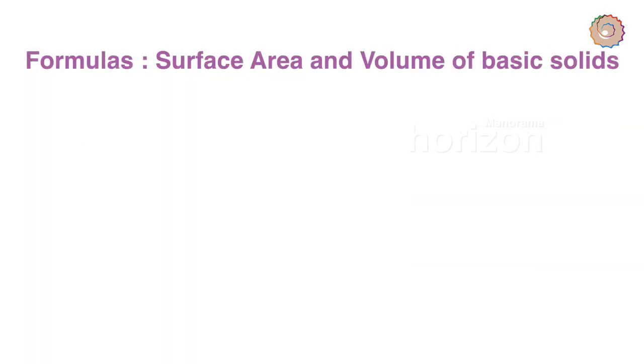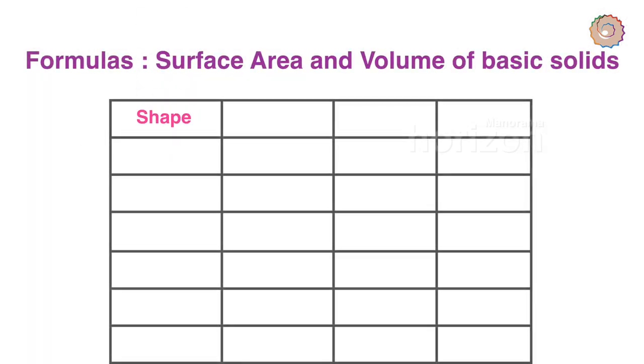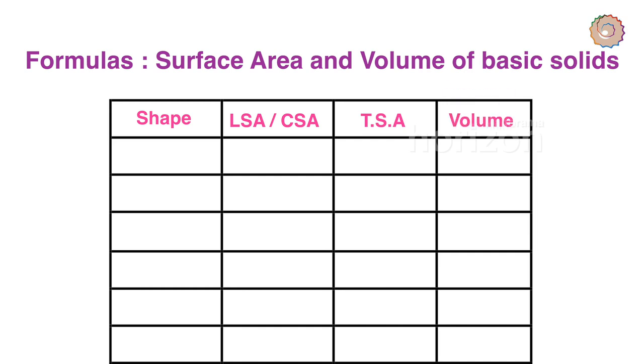Formulas for calculating surface area and volume of basic solids. How can we find it? Remember, we specify lateral surface area for cube and cuboid and curved surface area for cone, cylinder, sphere and hemisphere. For a cube, lateral surface area is 4a square, while the total surface area is 6a square and the volume